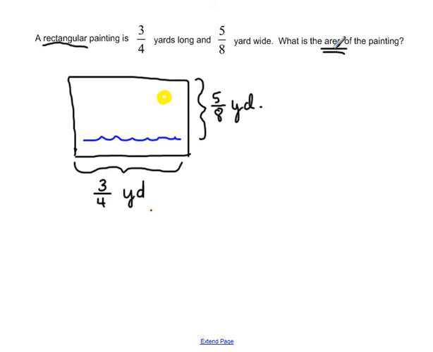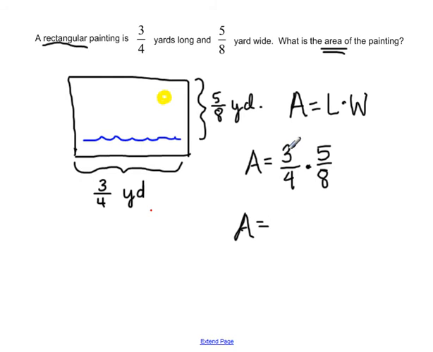So this obviously relies on us remembering how you find the area of a rectangle. If you remember the formula for that, the area of a rectangle equals the length times the width. So even though the length and the width happen to be fractions, that doesn't change the formula. To find the area, we want to take the length times the width. So the area is going to equal the length, which we know is 3/4 of a yard, times the width, which we know is 5/8. And now we can go ahead and do our multiplication. So A